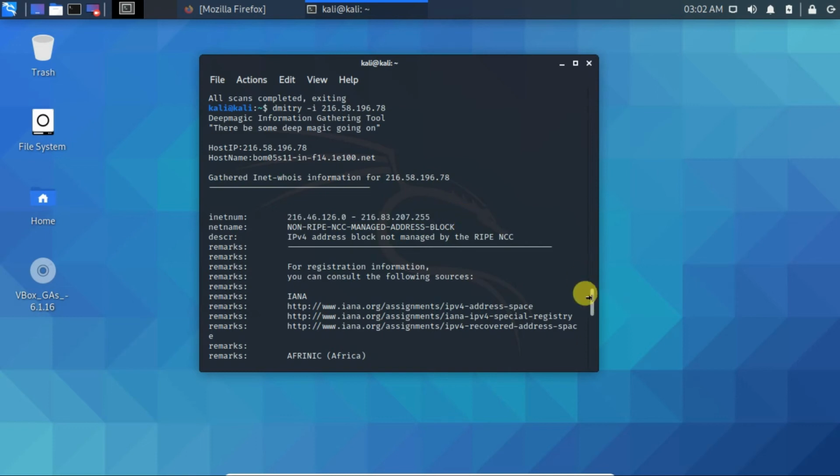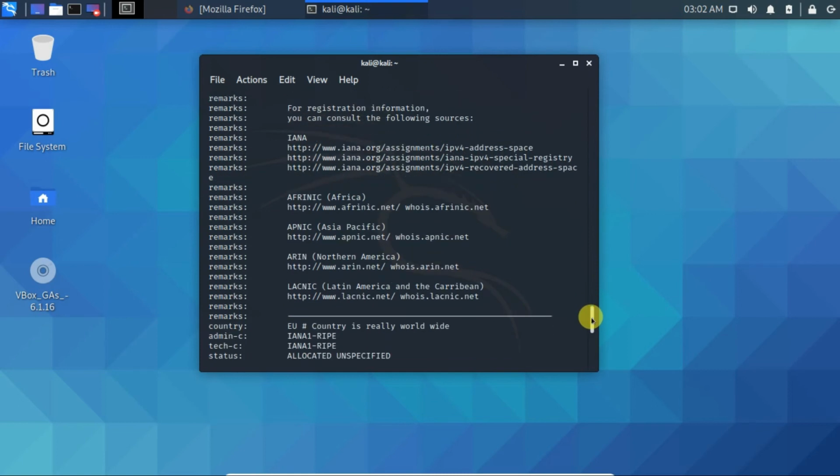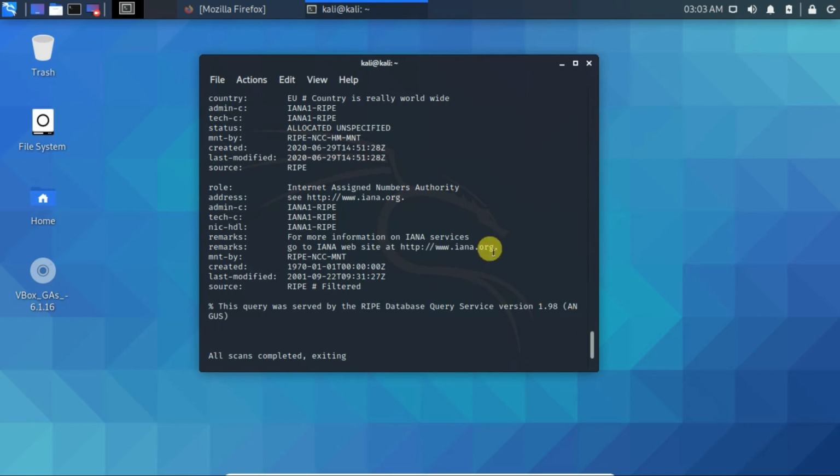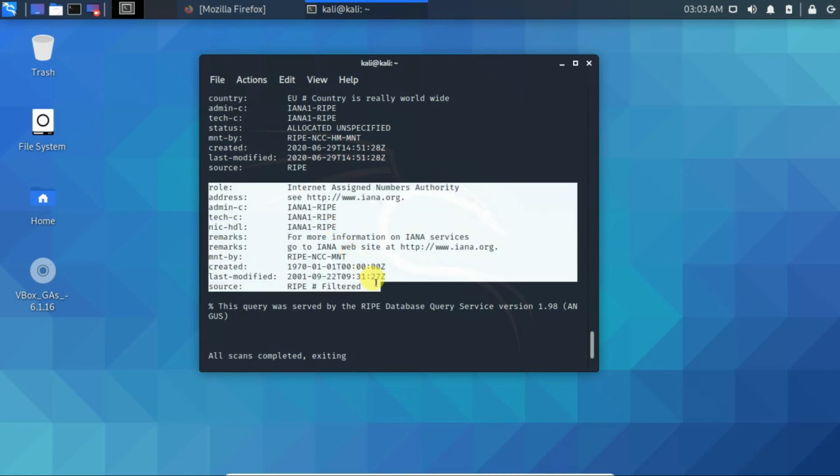And we know that this IP address is being used widely in the regions of Africa, Asia Pacific, North America and Latin America. And we know that this is EU, European Union, and its country is really wide. Okay, I don't know what that means anyway. These pieces of information which I'm now highlighting, I don't think they are useful for anything.